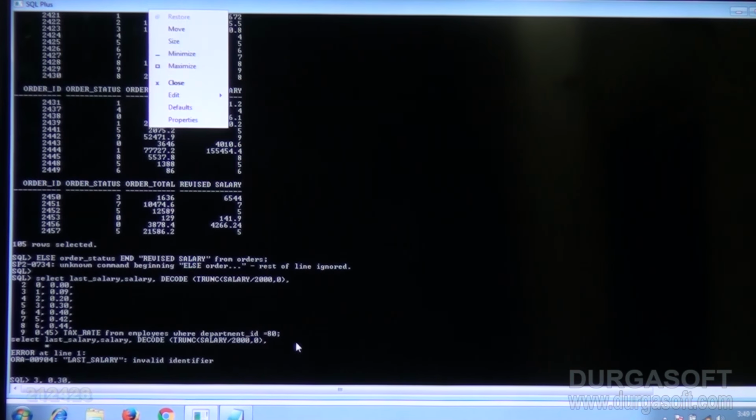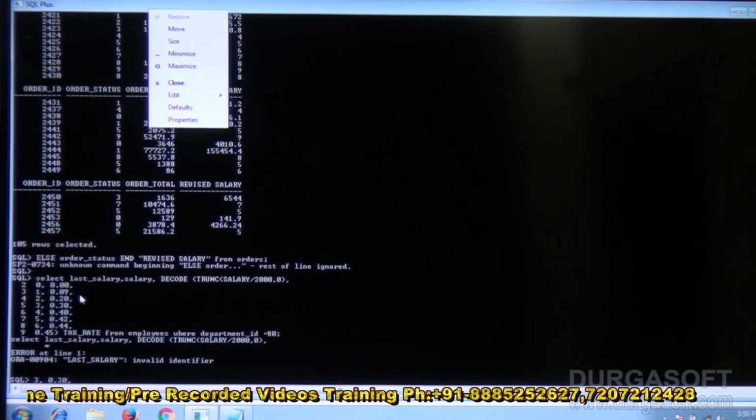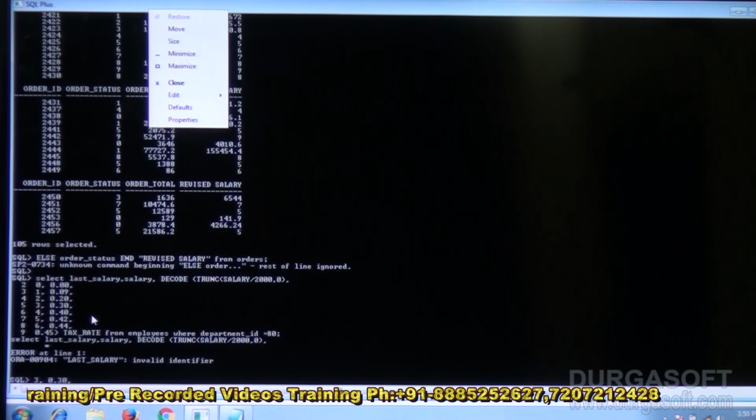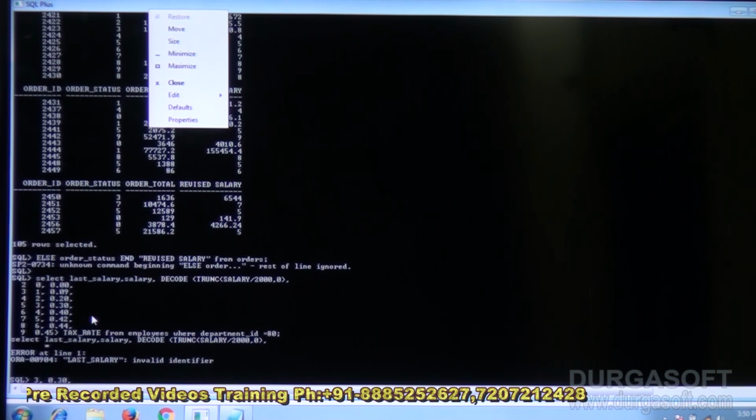We need to type last_name, not last_salary. So this is how we can give the tax rate for each employee on the salary basis. Okay. So now